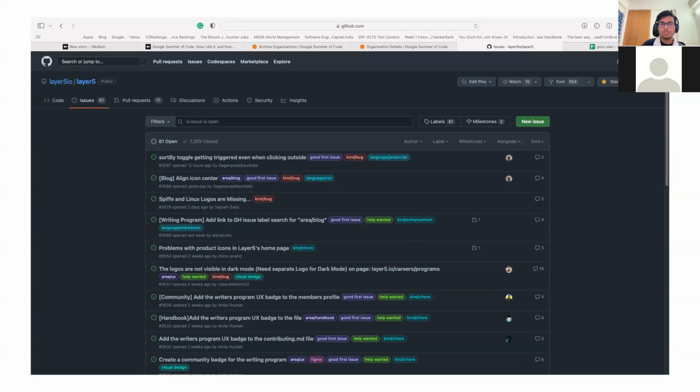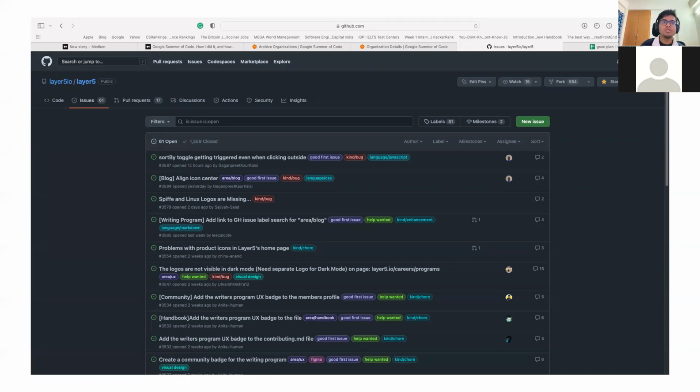Now, the proper way to solve an issue is by getting that issue assigned to yourself. Always remember this: whenever you see an open issue, you should first of all check out all the details about that issue, and you should also see if that issue is open for you to get assigned to. Chances are that maybe someone else has already been assigned that issue, and if you still work on it, your pull request might be ignored by the mentors.